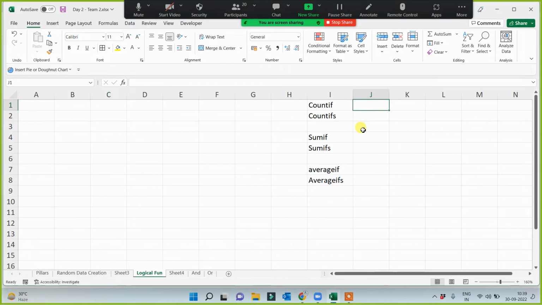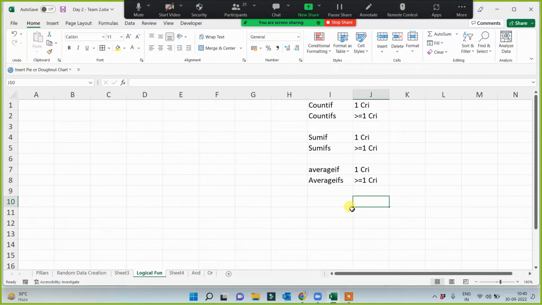If you have only one criteria, then you can use COUNTIF or SUMIF or AVERAGEIF. There is an IF there. And if you have one or more criteria, then you can use COUNTIFS,